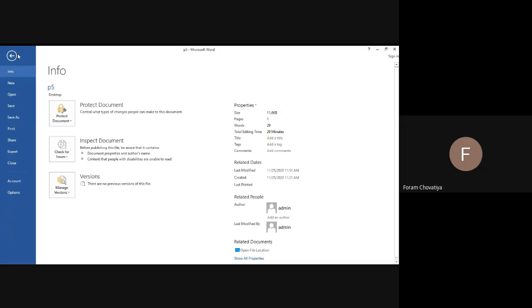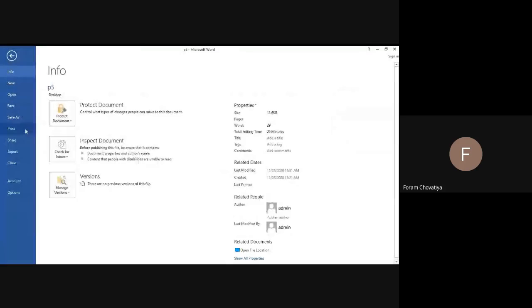Click on the file menu, otherwise you can also print the page with Ctrl plus P on the keyboard. If you press the Ctrl key plus P, this task is also performed. Otherwise, you can click on the file menu, then the print option.